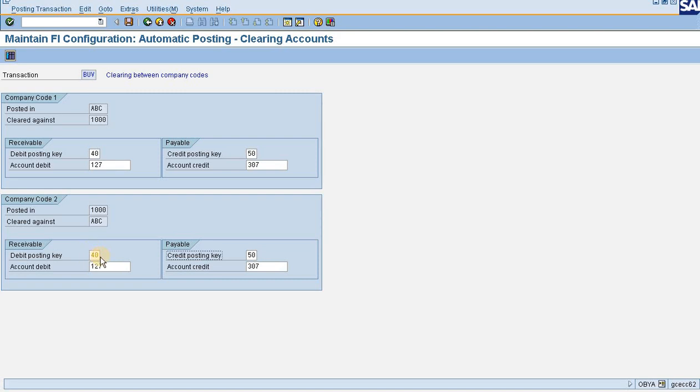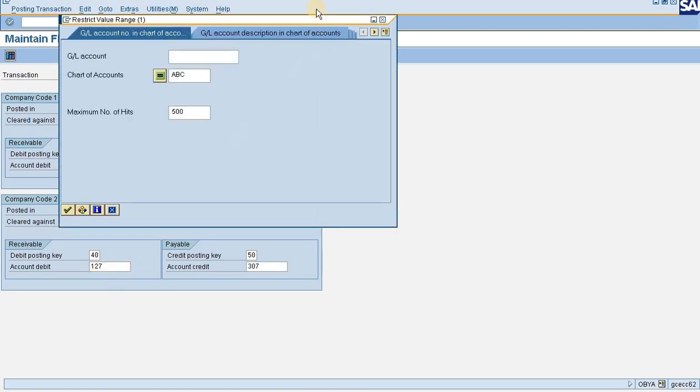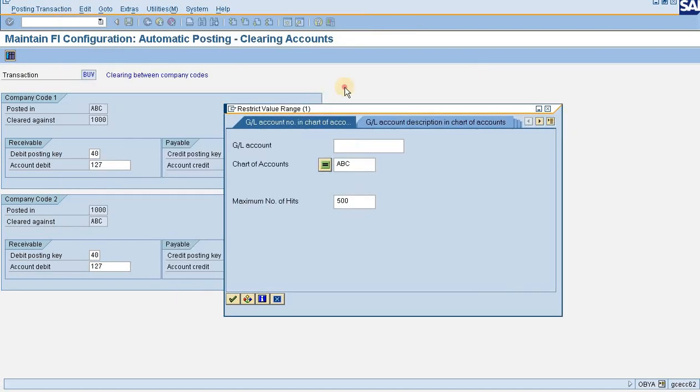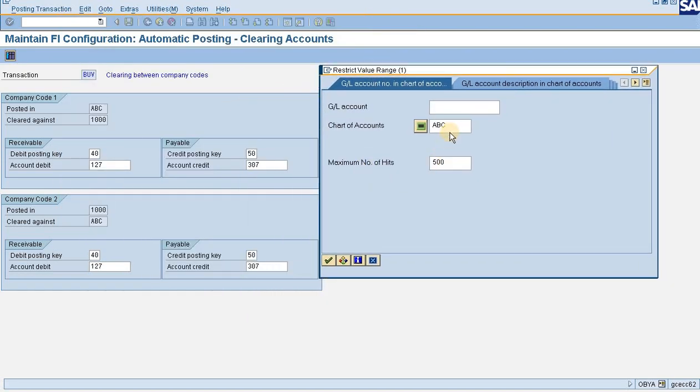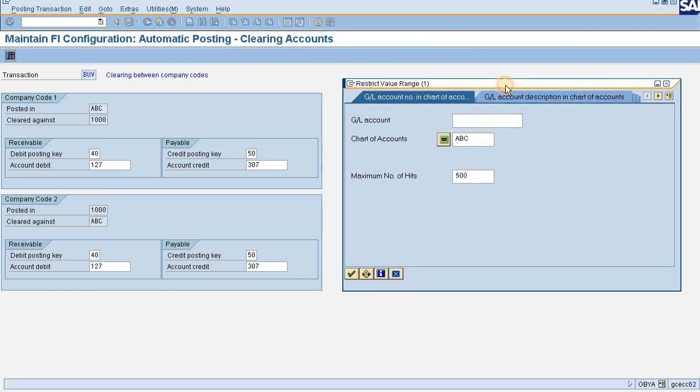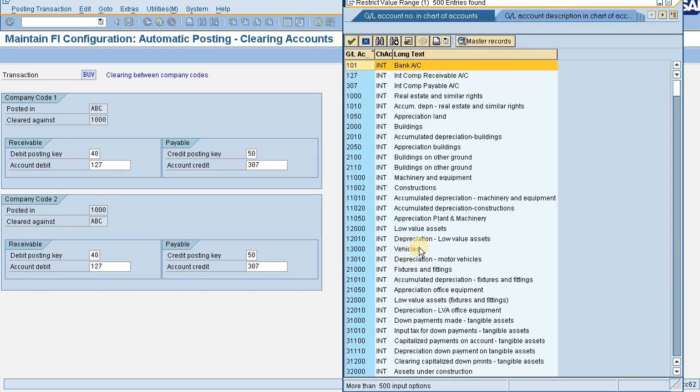Receivable is obviously the intercompany receivable in 1000's books of account, and payable is obviously the intercompany payable in 1000's books of account. So let me show you. The GL number is the same, the reason being in both company codes the GL account number is the same. I have maintained the GLs likewise. However, the chart of accounts is different. So I am going inside.